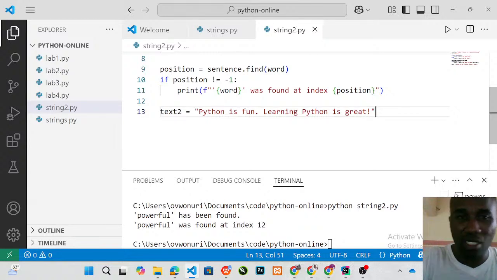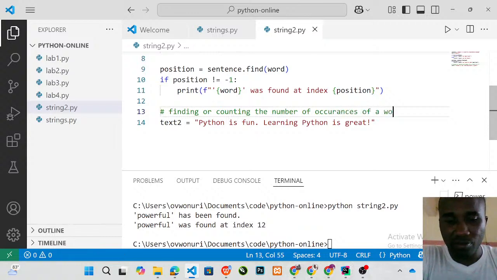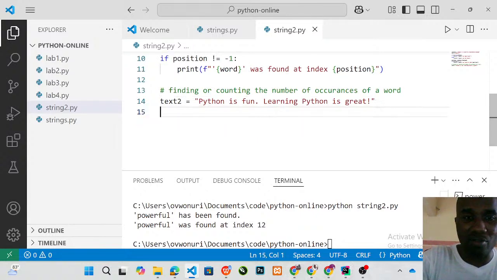So what we are doing now is counting the number of occurrences of a word. We have a sentence already, and we want to find the number of occurrences. To do that, we just need to do